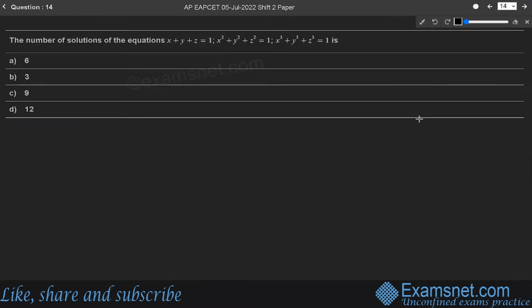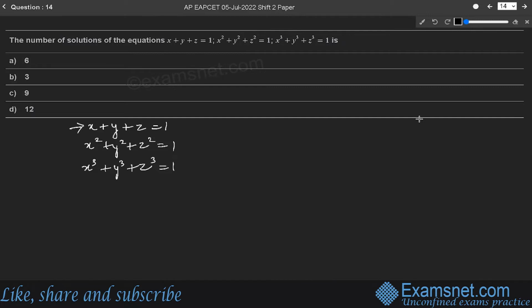Next question is the number of solutions for the equations x plus y plus z is equal to 1, x square plus y square plus z square is equal to 1, and x cube plus y cube plus z cube is equal to 1. You can see that